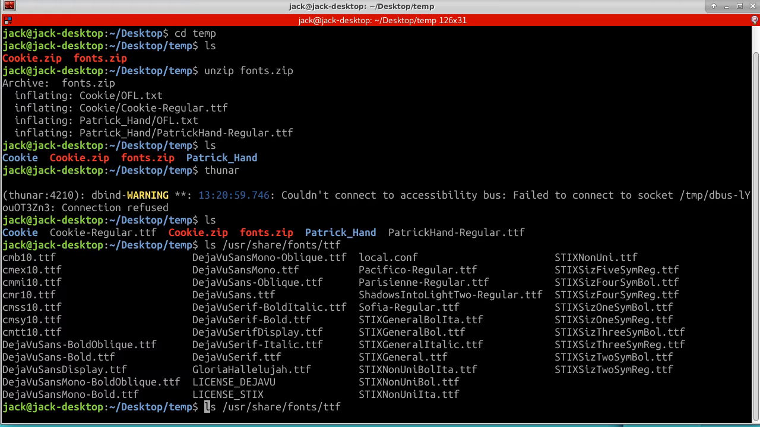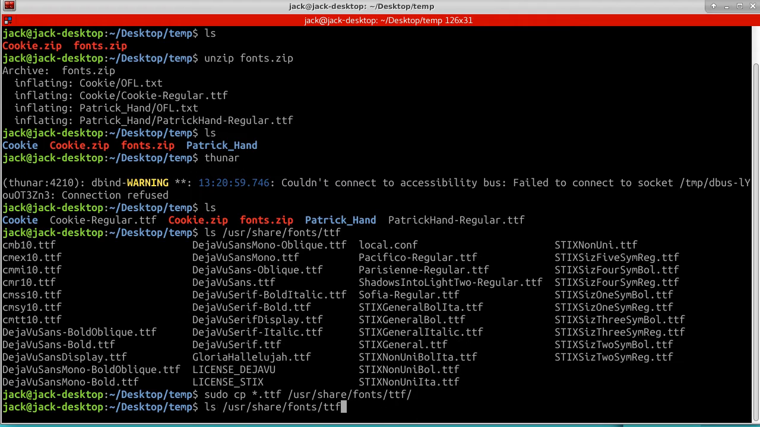So what I'm going to do is go back to where I had that, and I'm going to copy all those TTFs, those two TTFs, and I've got to sudo copy it because that's a protected directory. But copy them there. Okay. Now go back and take a look at